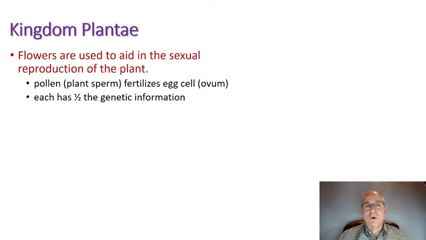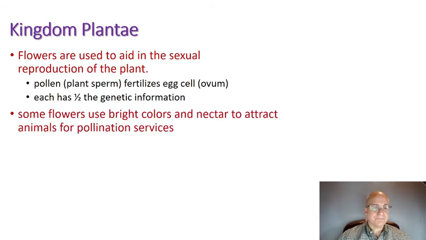So flowers are important for plants because they're going to be used in sexual reproduction. And if you remember what sexual reproduction is, that's where we're going to take, in the case of animals, sperm and egg. In the case of plants, we would say pollen, which is essentially plant sperm, and egg, each of which is going to have half of the genetic information. And we've got to get it so that these two cells can fuse together and have a fertilized embryo, which can grow into, in this case, a new plant.